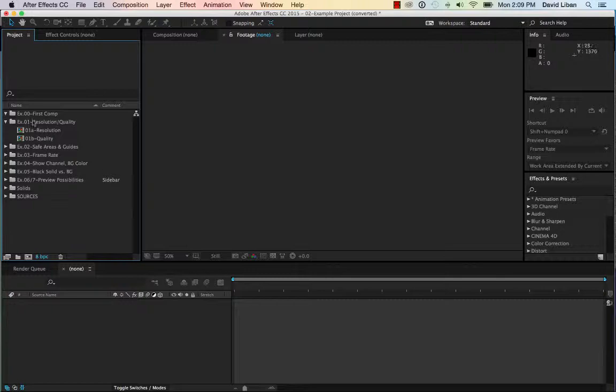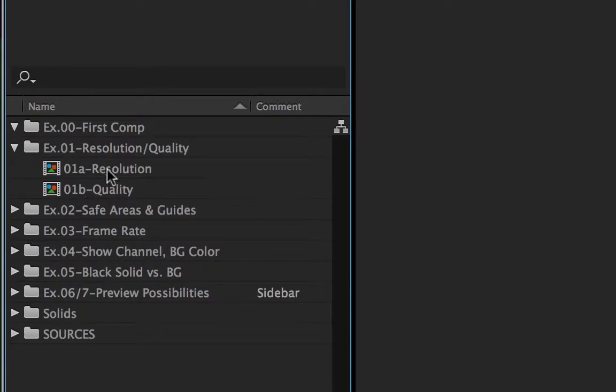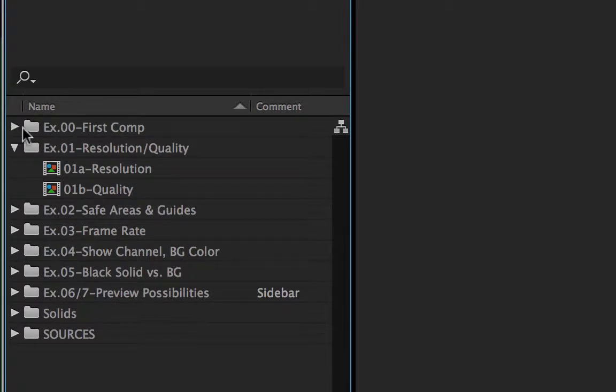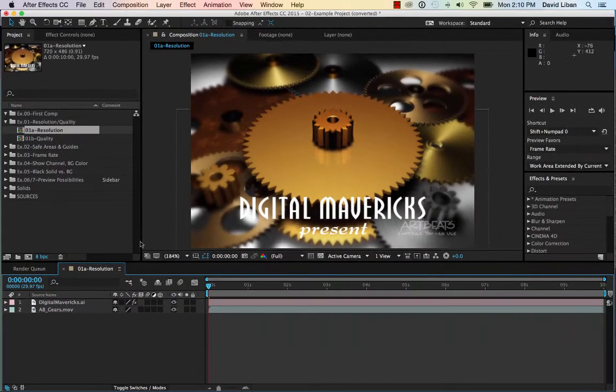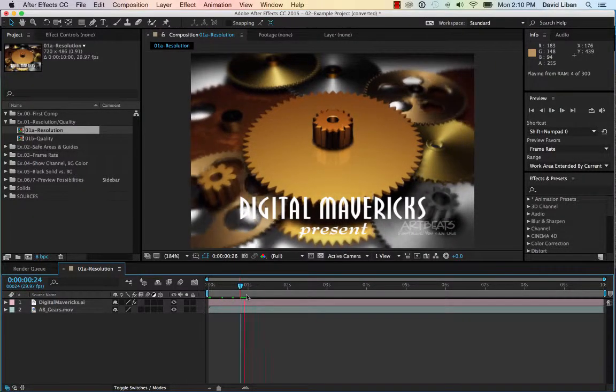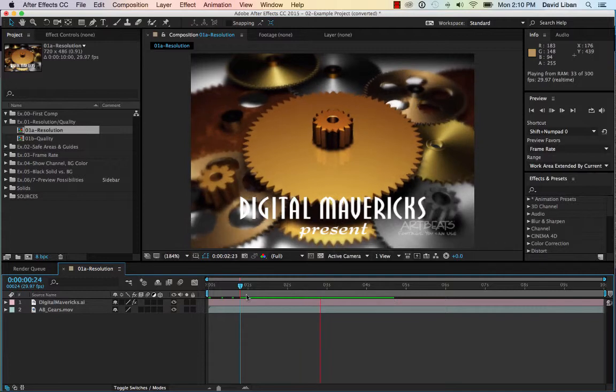Okay, if you take a look, you'll see in this window here it says resolution and quality, and underneath that example here where it says first comp, there's nothing in there, but in the second one here it says resolution and quality. These are icons that identify a composition. If I double click it, notice that it opened up this composition that's already in here. Okay, if I hit 0 on the number pad, I'm pre-rendering it,